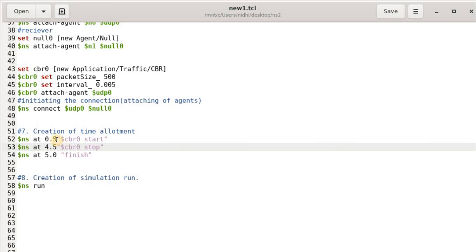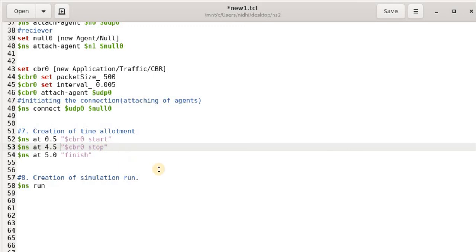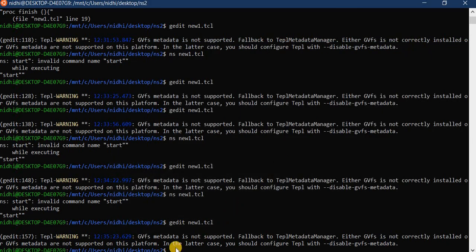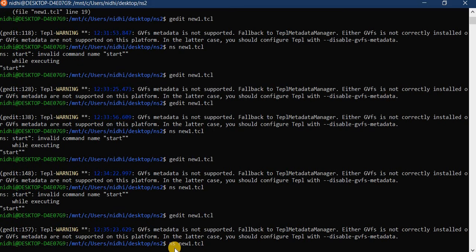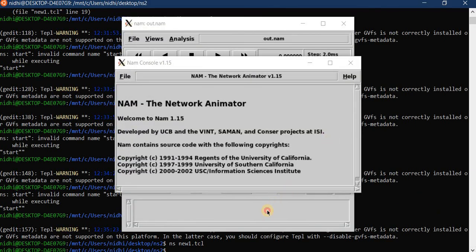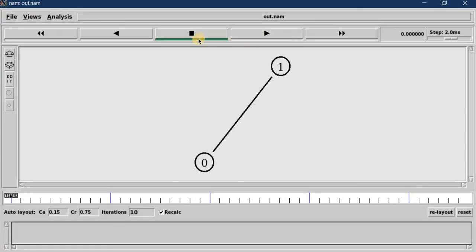I already initiated 0, just to maintain the spaces. Control S. Yes, it has successfully run and your network simulator has started. This is your run command, this is your stop command, and this is fast forward.